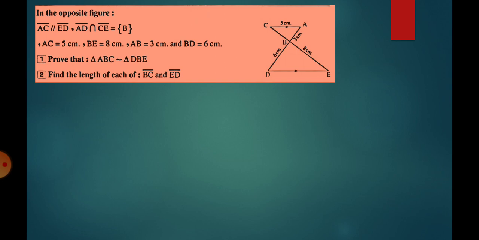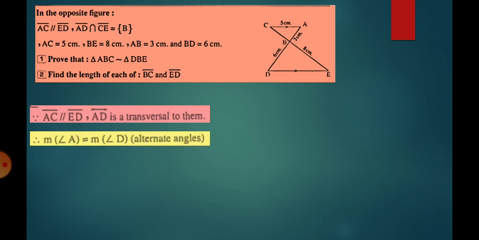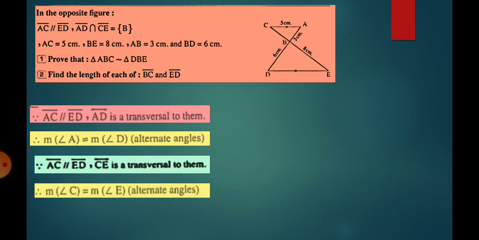First, AC is parallel to ED and AD is a transversal to them, then the measure of angle A equals the measure of angle D, alternate angles, letter Z. Since AC is parallel to DE and CE is a transversal to them, then the measure of angle C equals the measure of angle E, alternate. Here we have two triangles,